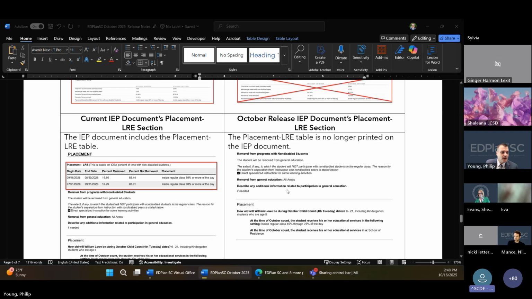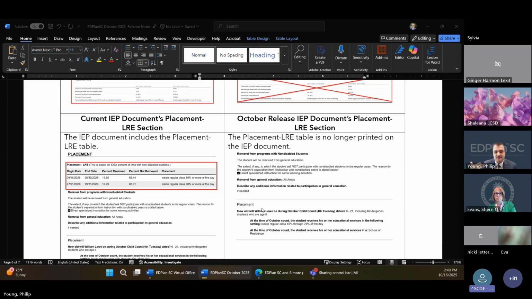So what actually matters is what the team selects. So it's these questions that will show. This table was automatically calculating based on what was on the IEP. And as folks know, there were lots of concerns with the next school and it calculating the percentages correctly and all those different pieces.